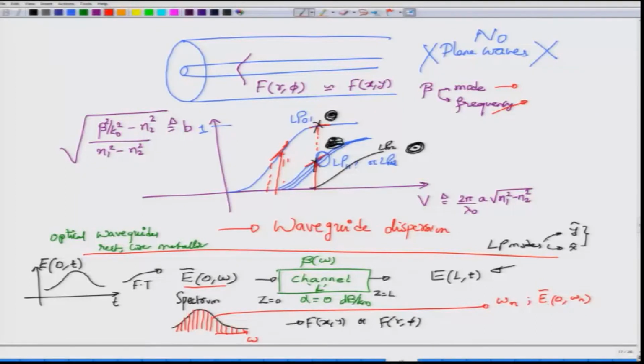Why I say it is a complex amplitude, because you know that E of 0, omega is a complex quantity, which means that at every frequency component omega n you have to give both the magnitude of the complex amplitude as well as its phase angle. Consequently, you have a magnitude spectrum and a phase spectrum, which simply tell you, given a frequency omega n, the magnitude and the phase of that component at that frequency. So, that is what I mean when I say this is a complex amplitude.